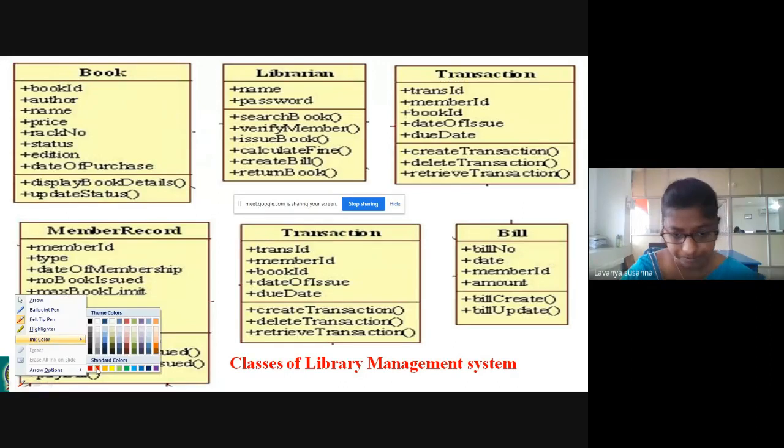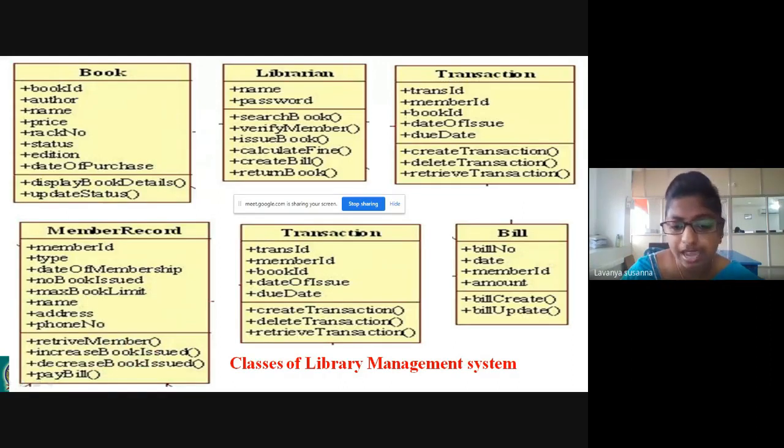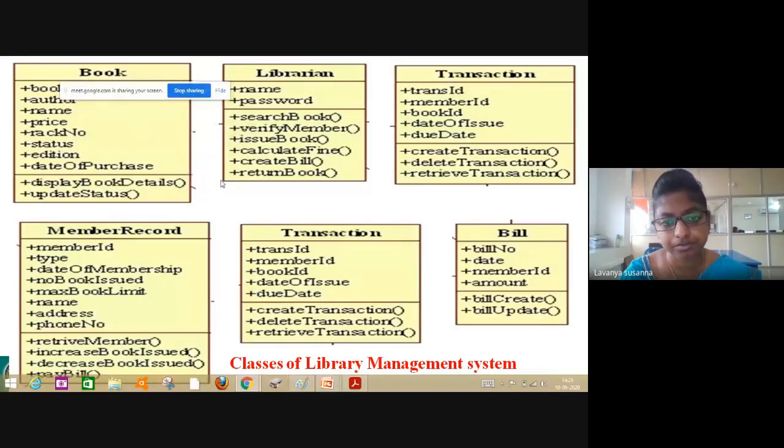Just draw a class diagram for a library management system. First, you need to know about the library management system, right? What will the library management system do? What is that software? You need to know that. Let us see it.